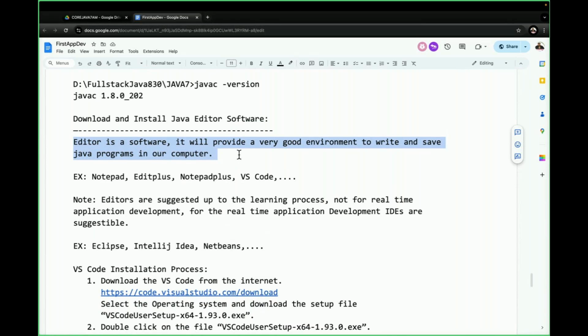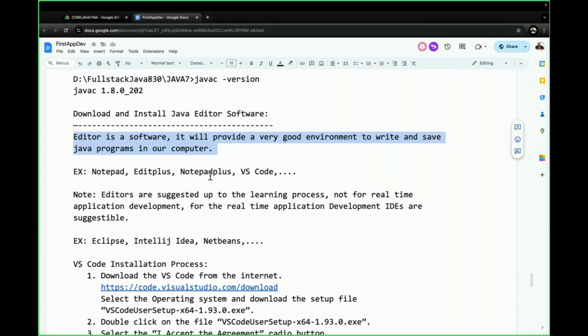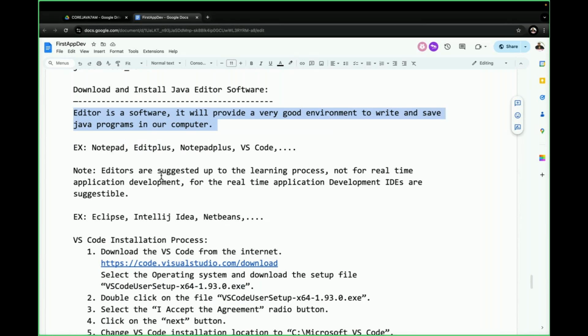Pages and a notebook. This is the meaning of it. If you want to write something, definitely we require some pages, and the pages must be available in a notebook. Understand it clearly. Next one is examples, like Notepad, Edit Plus, Notepad Plus, VS Code, Atom, Brackets,